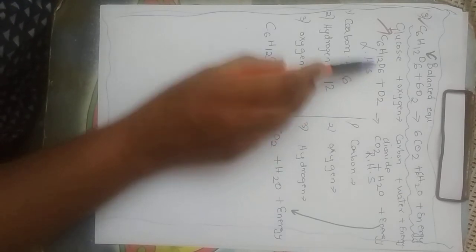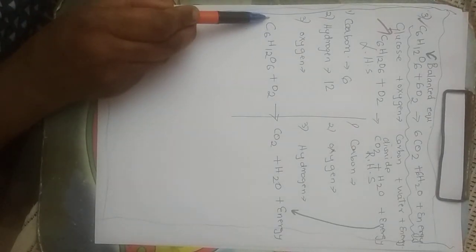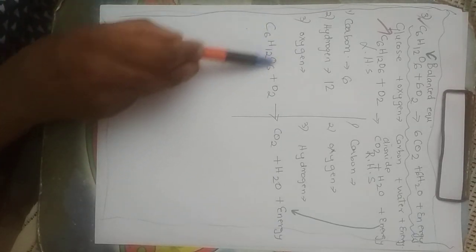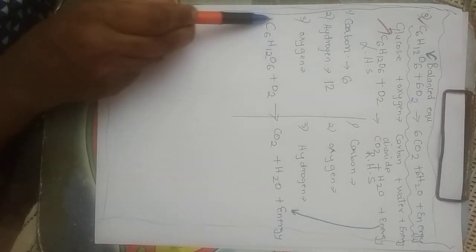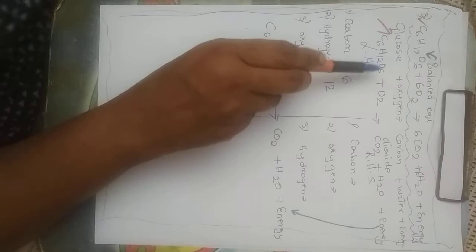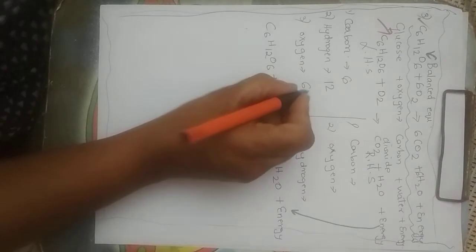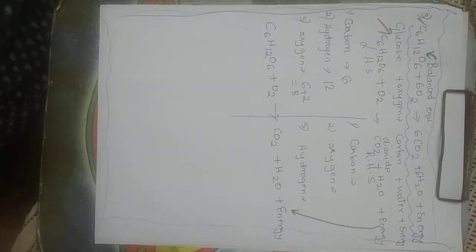So let's count. See, there's nothing here, no? There's nothing here. And one more thing, if there is a number, it gets multiplied everywhere. I repeat, this is a full compound now. See, carbon, hydrogen, oxygen, they are all combined. So this full thing is 1. So if there is a number here, this number gets multiplied here, this number gets multiplied here. So there is individual here. So how many oxygen are there? 6. We finish. 6 plus 2, which is 8. Now, let's see if we left anybody. No. Now we come this side.